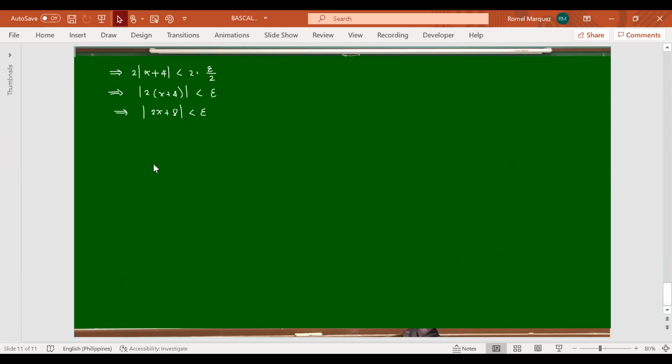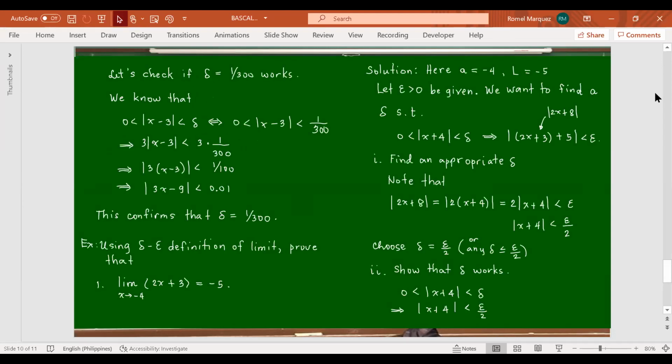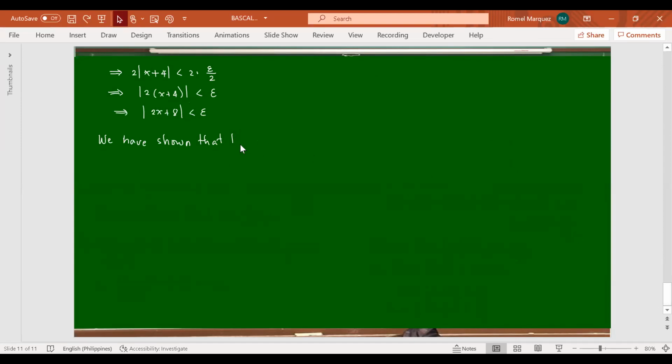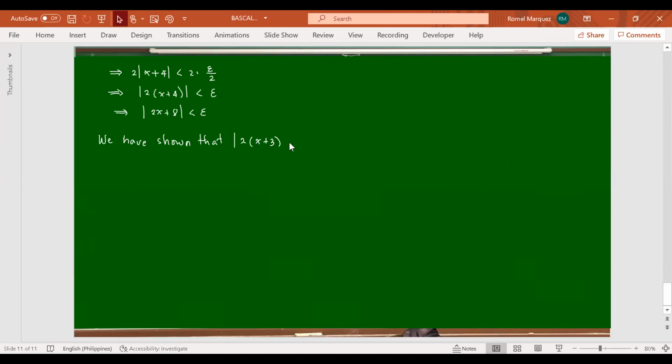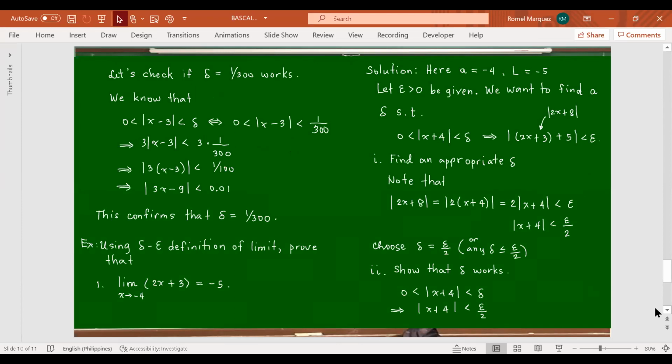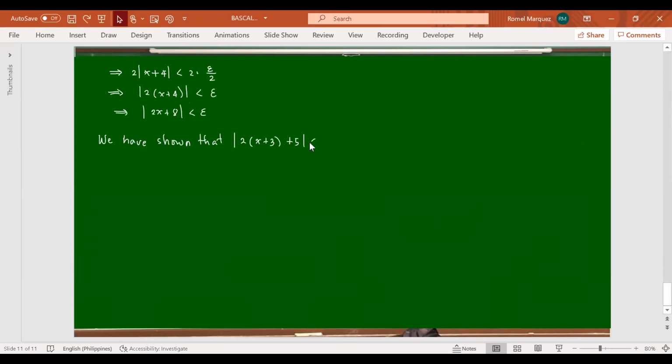Okay? Guys, so again, we have shown that the absolute value of the original 2x plus 3 plus 5 is less than epsilon if